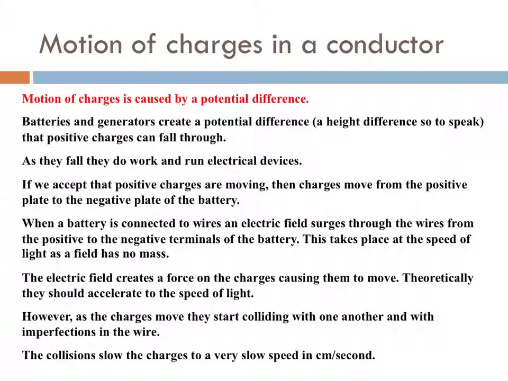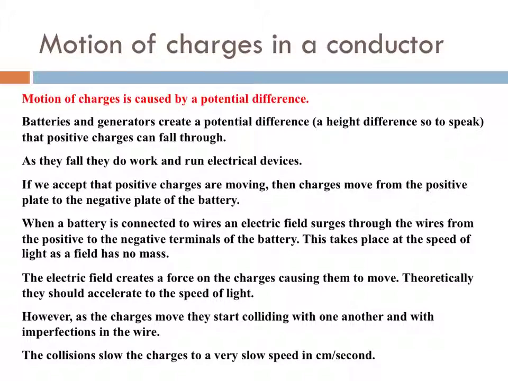Now again, we talked about the motion of charges, and this motion is caused by a potential difference. Batteries and generators create a potential difference. This is the height that we're talking about. As they fall, they do work and run electrical devices, and we can actually calculate all of that. So if we accept that positive charges are moving, then charges move from the positive plate to the negative plate